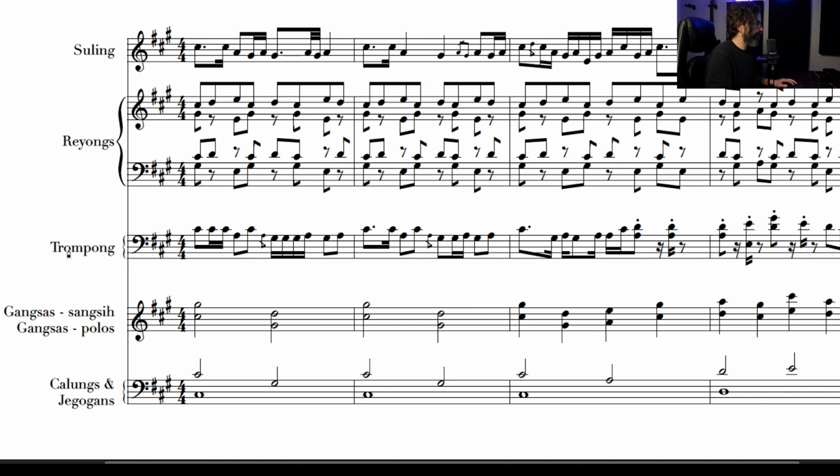And this middle instrument, the trompong, is actually a soloist in the middle register that's also doing another variation of that, but with even more little notes here and there. So now that I've shown you this, let me show you how we can use this as a reference for orchestral writing and how you can create such interesting orchestral sounds.